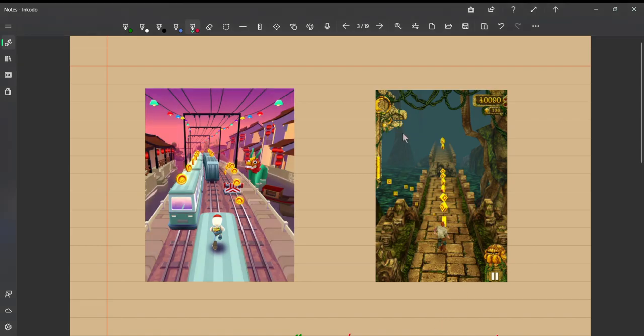Hello everyone. We have images from these two famous games here, because you may recognize these games. The first one is Subway Surfer, right? This is Subway Surfer, and this game is an image from Temple Run. Now, of course, the games are very recognizable, but you may not know the characters, the names of